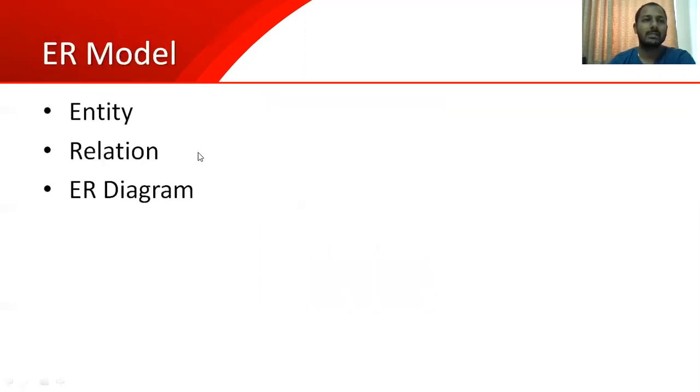Let us go to the next model, that is the ER model. I'm concluding the ER model in a very short time and with less explanation, because the ER model has a separate chapter, as I discussed at the start of the lecture. What is an entity, what is a relation, what is an ER diagram, that we'll see here. An entity is anything which is required to mention a particular thing. Now you will get confused over this statement. Now what is an entity? We'll take an example.